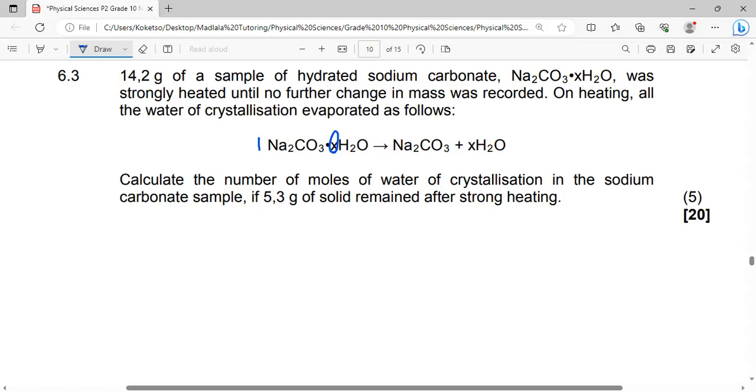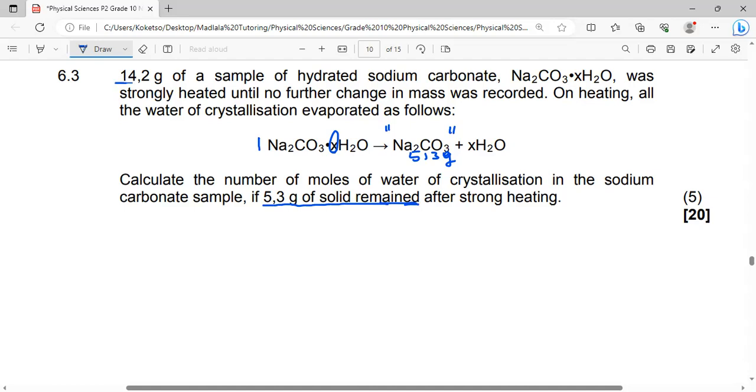But this is what they tell you. They say if 5.3 grams of the solid remained after this strong heating. So what they are saying in short is that the mass of sodium carbonate is 5.3 grams. That's what they are telling you, because it's the solid that remains after all the water has evaporated. So if we have the mass of sodium carbonate, we can always find the mass of water, because